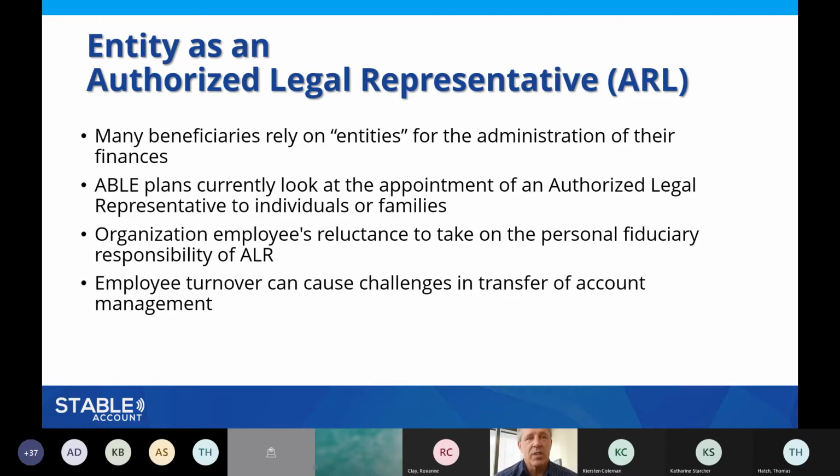Also, employee turnover can cause challenges in transferring account management. We do have a form that we can use to transfer from one authorized legal representative to another, but it's much more complicated than the process we'll discuss today, which is just replacing an agent within the company rather than having to replace that individual who had all of the accounts registered underneath them.